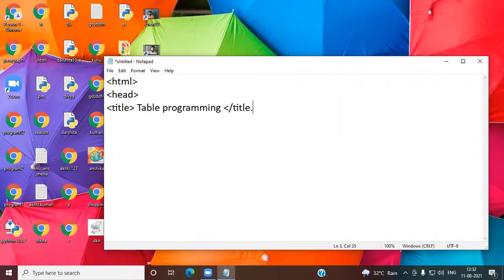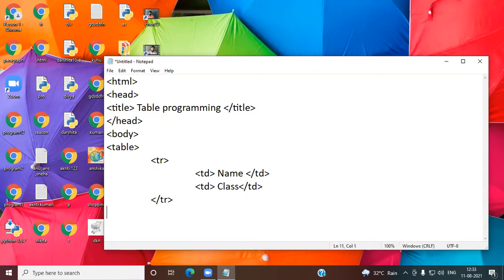Table programming, and I have closed the head, and I have opened here body. In that, I have to write here table first, and I will use the tr. Then inside the tr, I have to display the td. First, I will display the td. Td name, td closed. Again td class, td closed.